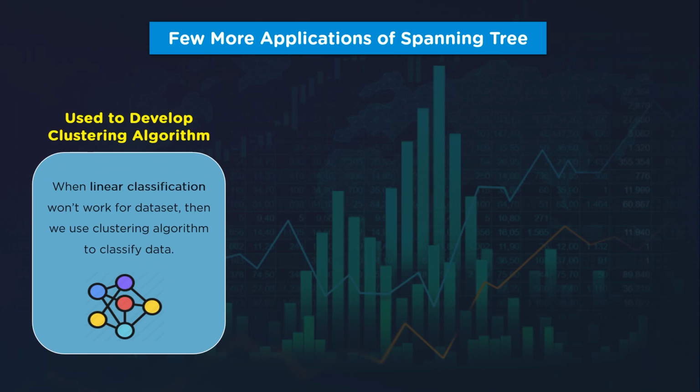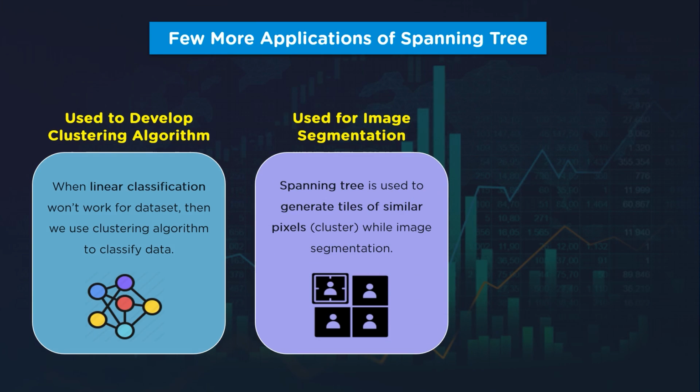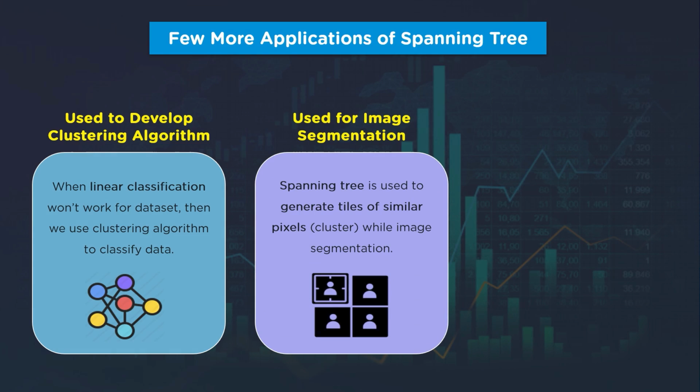No matter what type of algorithm you are building using machine learning techniques, somewhere down the line you will be using clustering techniques quite liberally. Clustering and data preparation go hand in hand, as many times you will be working at least initially with data sets that are largely unstructured and unclassified. Those data sets cannot be classified using single neuron or classification methods. So you use a clustering algorithm which utilizes a minimum spanning tree to create clusters or groups by mapping distances between data points. The next application of a minimum spanning tree is image segmentation.